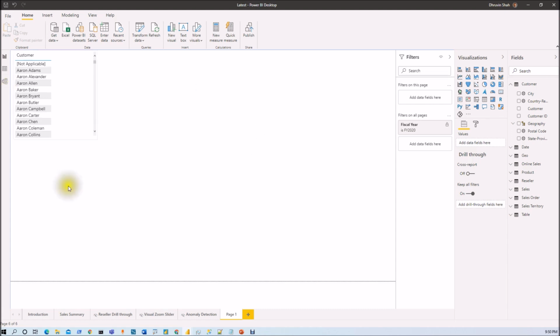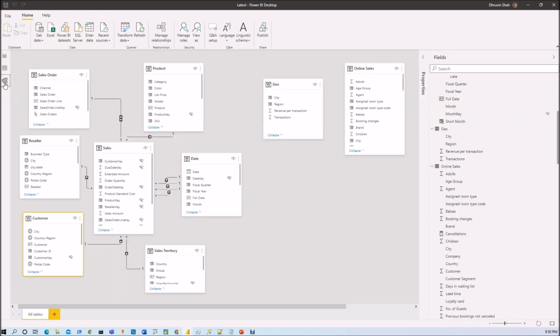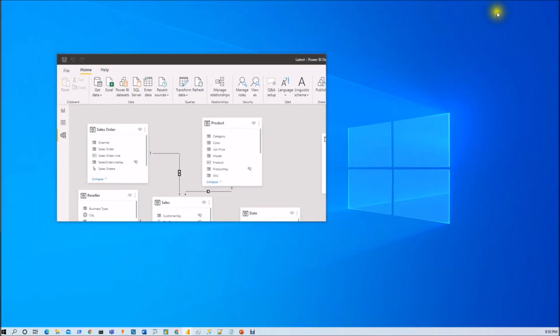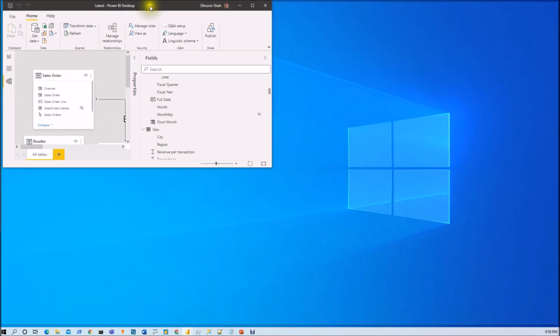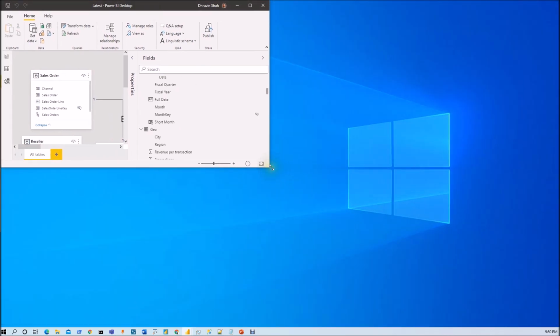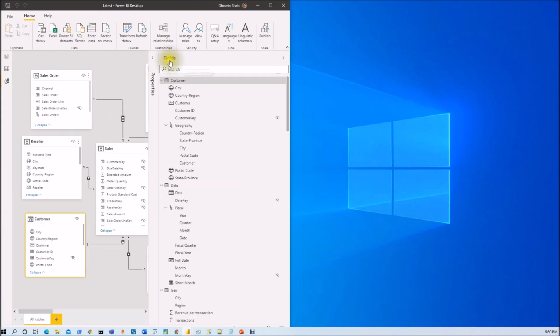Now let's understand the field list update in Power BI Desktop. So first of all, go to the model section from here. So I'm clicking on the model section. So this will open this type of layout for us. Now let me just restore my window so I can focus on a few parts of Power BI Desktop. So now let me just arrange that. So here you can see that this is my fields pane.